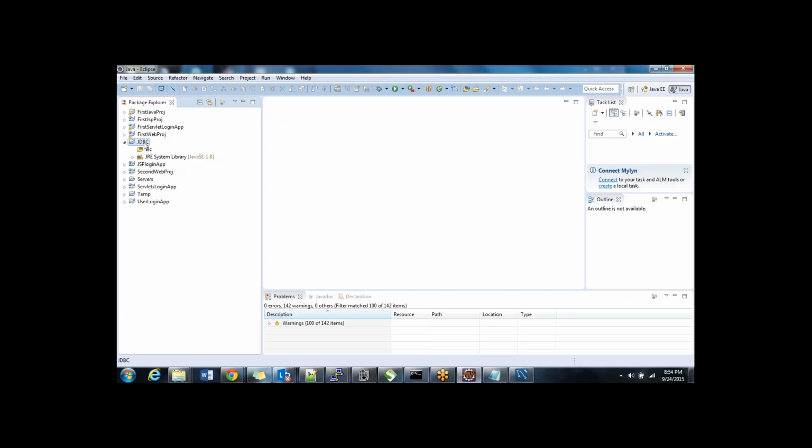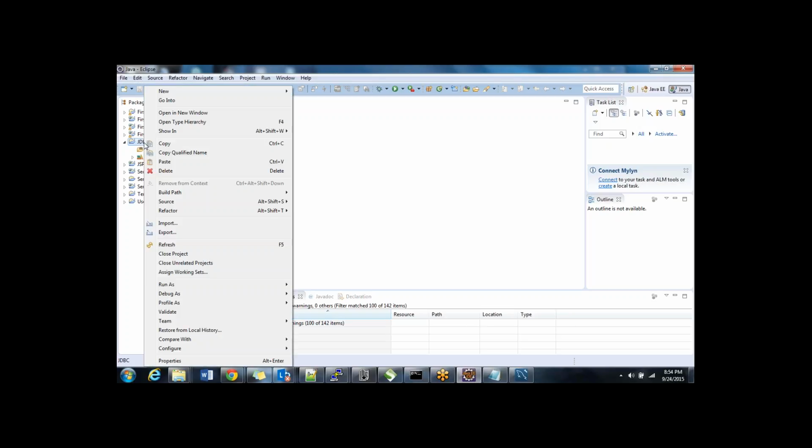I will right click on the project. Understand very closely what I'm doing here. I'll right click on the project, go to build path, and say configure build path. Either I can do the same thing, or I can go to the last option called properties and in that go to the build path. Anything works, but this goes directly there. So say configure build path,